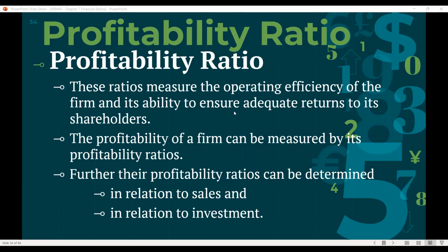It is where mabalaan ninyo nga, okay, this is a good investment, kay dali ra mabalik ang ato ang gasto, ang gi-invest sa ilaha. So most investors, most banks, let's say financial institutions, they look at profitability ratios, your ROI, your ROE, as to how feasible, how efficient is your operation to pay them back their capital, their investment. So that is why we need to know what profitability ratio is.